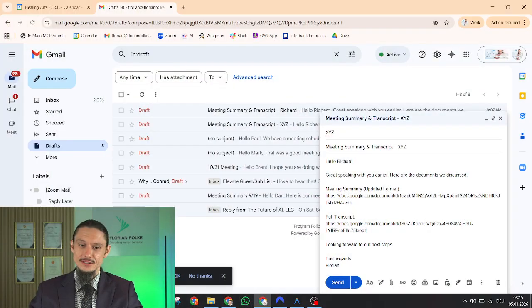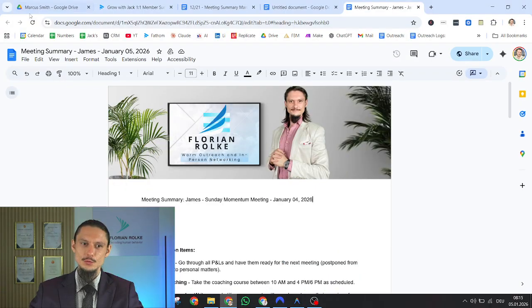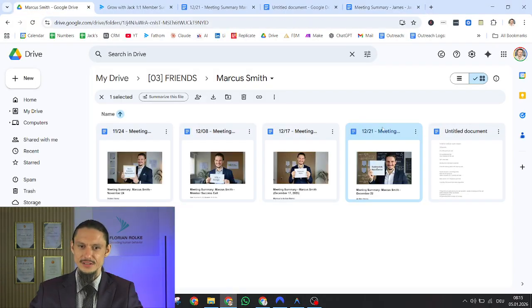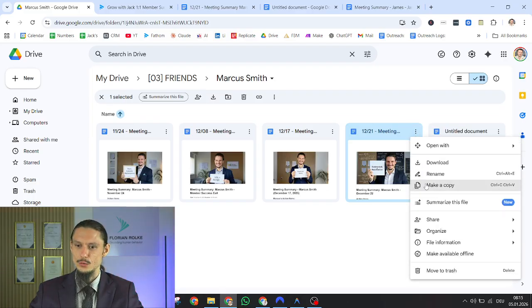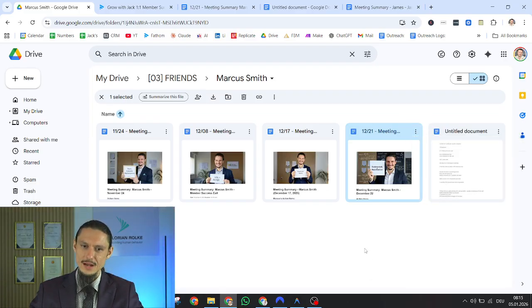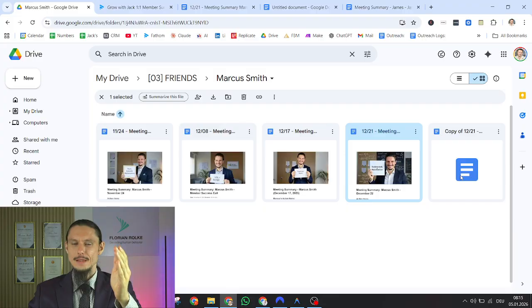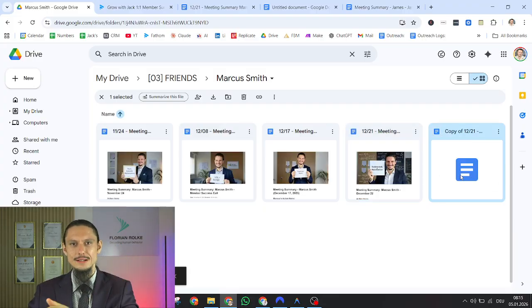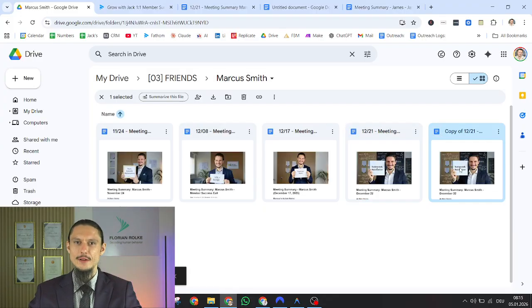Now previously, what we needed to do in order to make this solution is the following. I've redacted the name. This is a real client, but I've redacted the name. What I usually would have done is I would have clicked here. As you can see, I would have waited. I would have made a copy here. And as we're waiting, by the way, you can have these automatic summaries sent with Fireflies, with Fathom, whatever note taker you utilize,